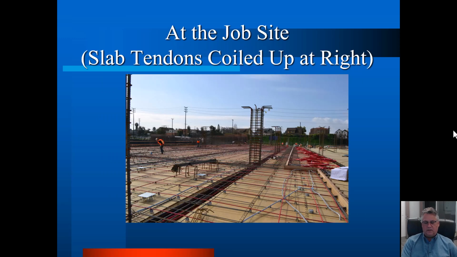So now we're back to that same picture that we saw before, and now hopefully you'll understand a little bit better that those rolls of tendons have been unrolled to become the slab post-tensioning. They go through the holes in the construction joint, bulkhead, and then they'll just sit and wait for the next section, and they'll unroll through that too.